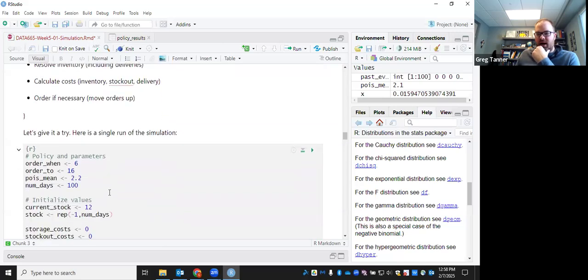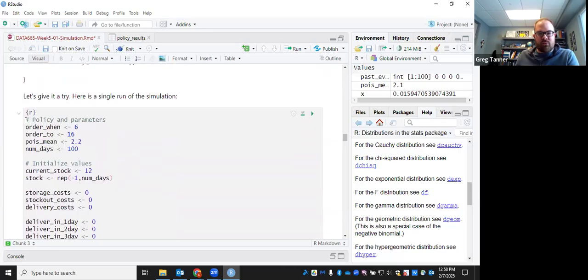So I like to build up from small to large. Actually, I've maybe skipped one step here in how I would build this simulation, which is I would just simulate one day, just see if I can get the code to run for a single day first. Okay. Once I got it running for a single day, then I'd worry about a whole summer. We're going to jump straight to a whole summer, and I'll talk through what's going on